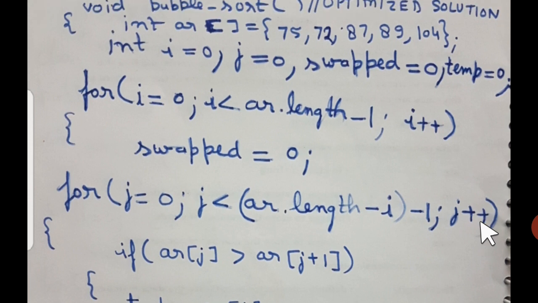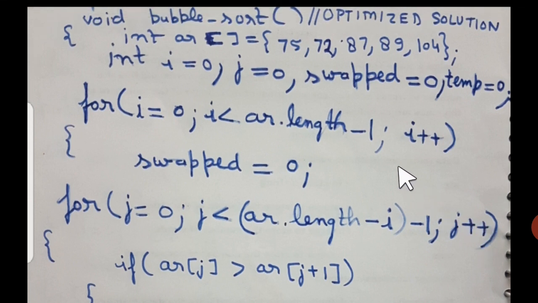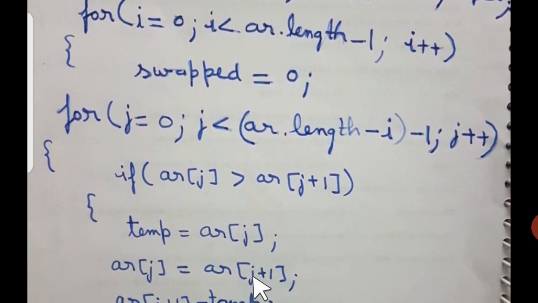Students, now how it can be applied, let me show you with this example. Your logic says if ar[j] is greater than ar[j + 1]. Initially, j has the value 0, and j + 1 has the value what? If j is 0, then j + 1 will be 1. That means we are comparing ar[0] with ar[1]. So what will happen here? 75 is bigger than 72, so that condition is true, and we have to perform the swapping.